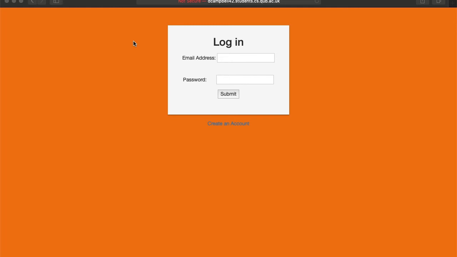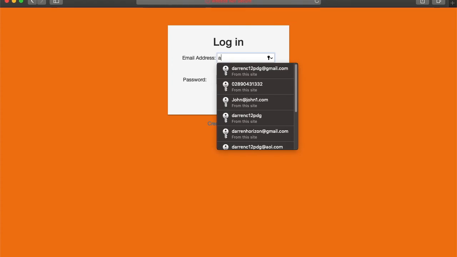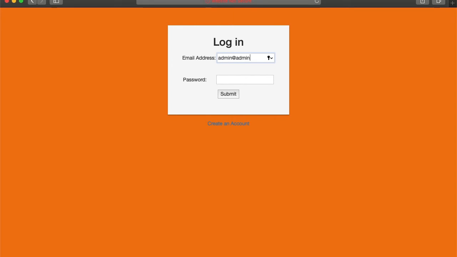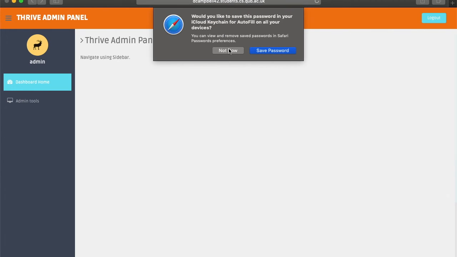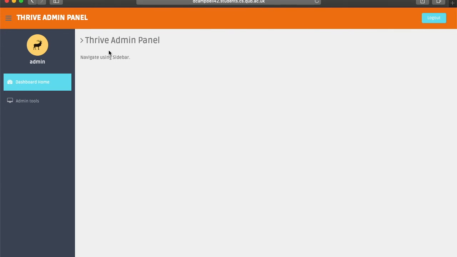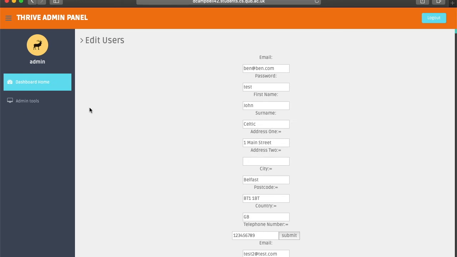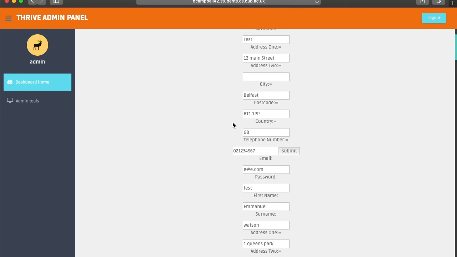So as part of the system, there's also a backend admin panel. So log in with the credential admin at admin.com, and the password is admin. So you're just notified that you're in a different part of the website, the Thrive admin panel. Go through the different tools. So you can edit the details